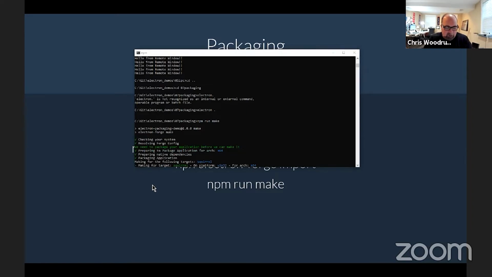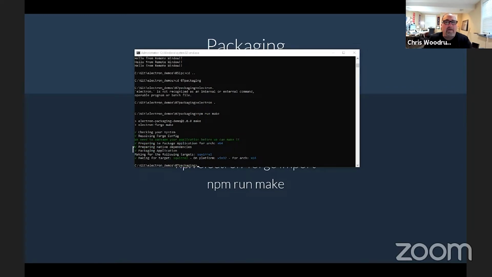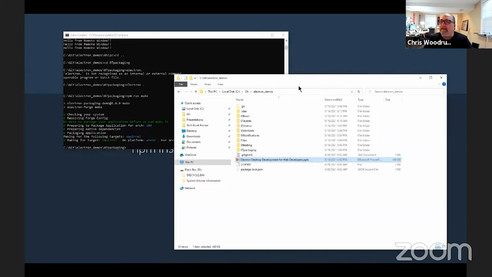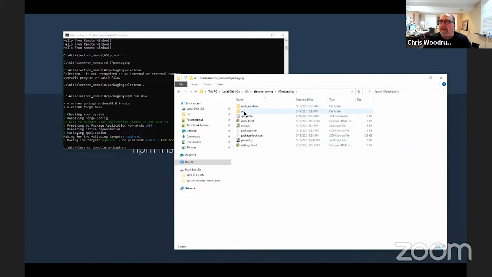So let me go out and get a File Explorer. It's done. As you can see, it's completed. If I go out to packaging, you'll have this out folder.